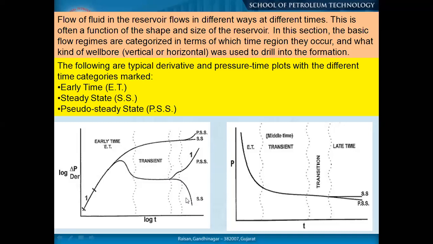That means whatever depletion you are doing through your production has been substantiated by your steady state, which means the boundary pressure is not decreasing. Even if it is increasing, that means a support system is there. That's why it's a steady state. So the early graph is giving us information regarding the skin and wellbore, whereas the middle time is giving us the reservoir